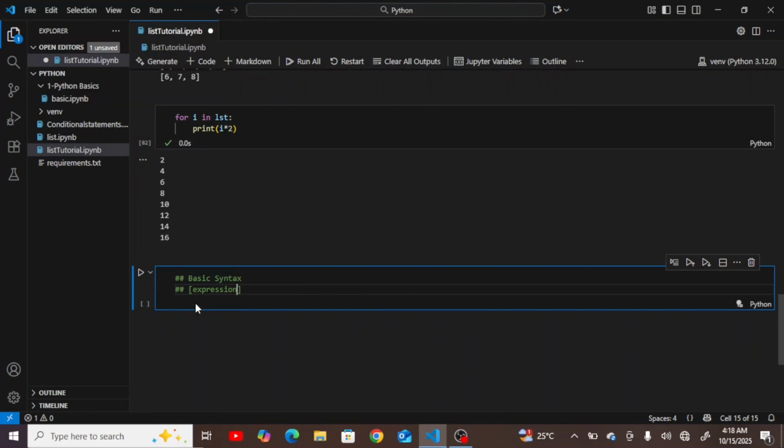That is, what do you want to do with this list? Like here I did 1 times 2. This is an expression of what I want to do with the list. Then you will iterate over the list, for elements